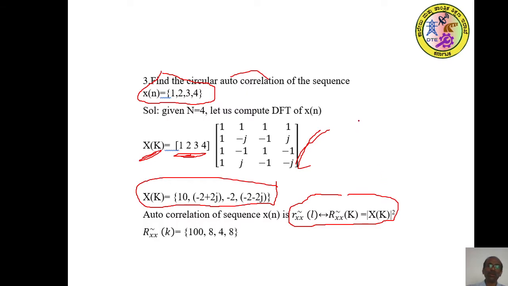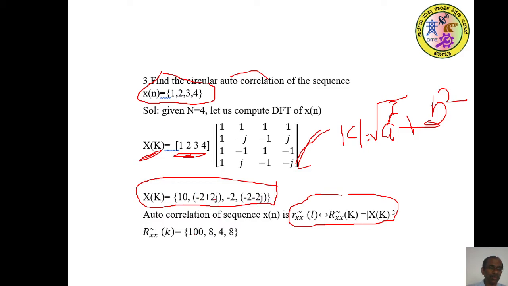Observe, there is a modulus. If c is equal to a plus jb, the modulus of c, a complex number, is given by root of a square plus b square. So when we try root of a square plus b square, come back to this question. It is root of a square, that is 10 square. Root and square cancel. Again that answer whole square, so 100.